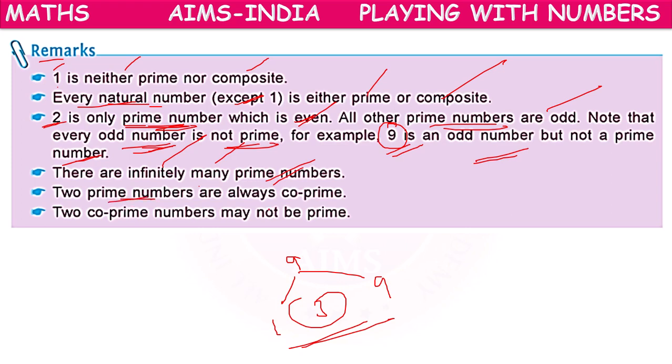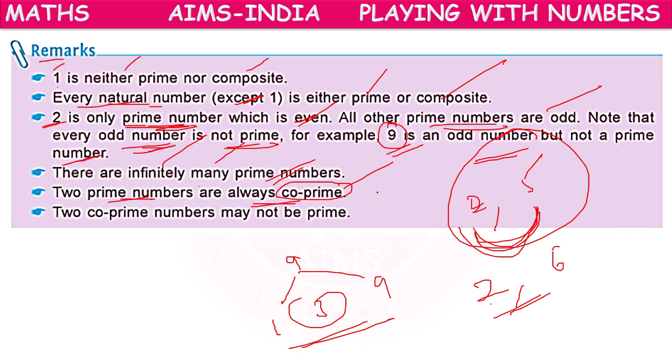Prime numbers are always co-prime. If they ask us to examine whether two prime numbers are co-primes or not, means if they are prime numbers, definitely they will be co-prime. If one is a prime number while another is a normal number, then we have to check whether they are co-prime or not. But if they give 2 prime numbers, compulsorily they will be co-prime. Co-prime numbers means they may not be prime. The 2 numbers may not be prime.